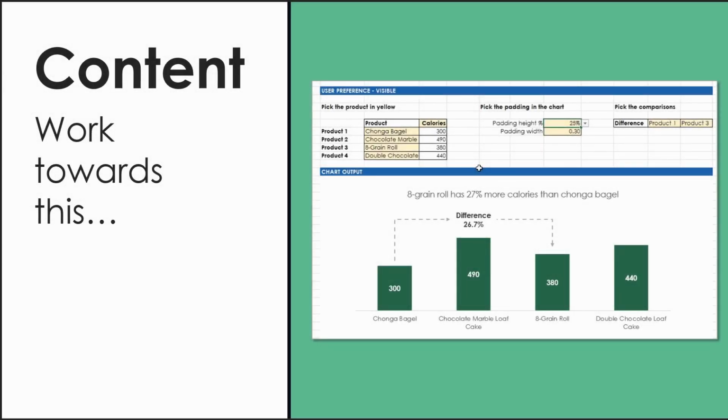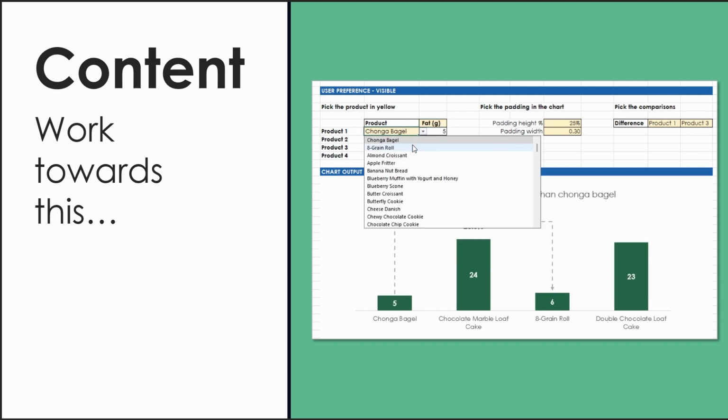In this video, we'll cover the calculations and methods needed to build a chart with a label above the bars or columns like this. Here you can change the measure from this drop-down, which updates the charts, the difference calculation, and the chart title. The chart plots 4 products, but you can also select which products they are, and the